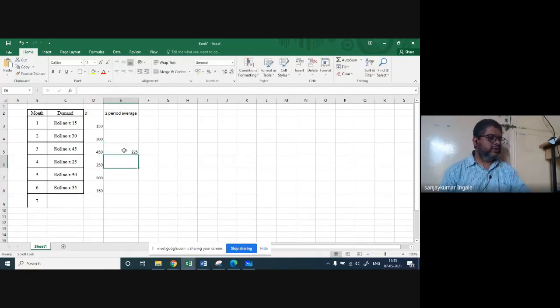Yes, so 225 was the demand estimated for the third period. Now if you go for the fourth period, we have to consider the immediate past 2 periods. As we go ahead, the importance of the old periods gets reduced and the immediate past period has more importance. So here we only need to consider the last 2 periods. If we simply calculate with the formula, you will find the demand for the 7th month is estimated as